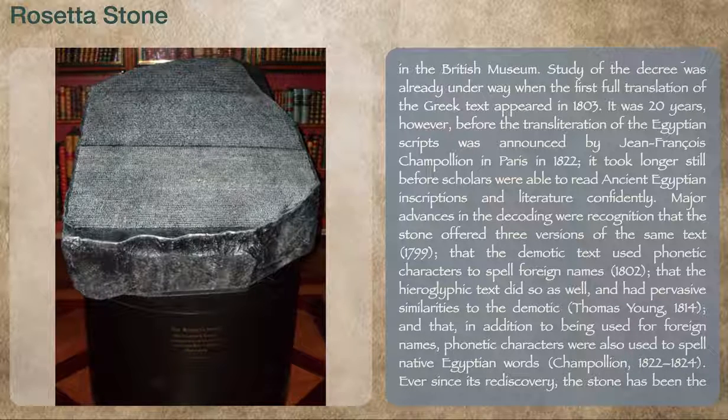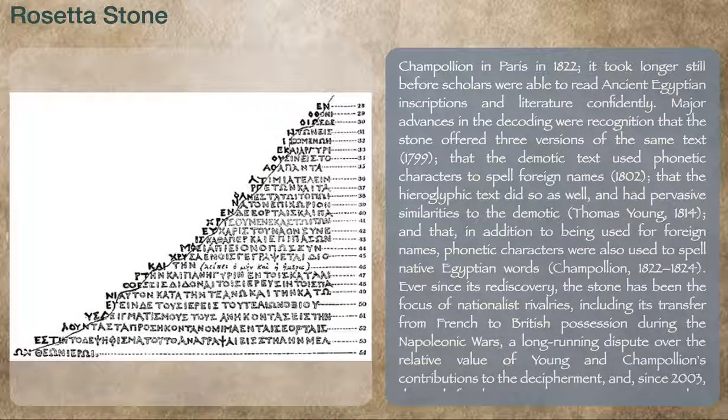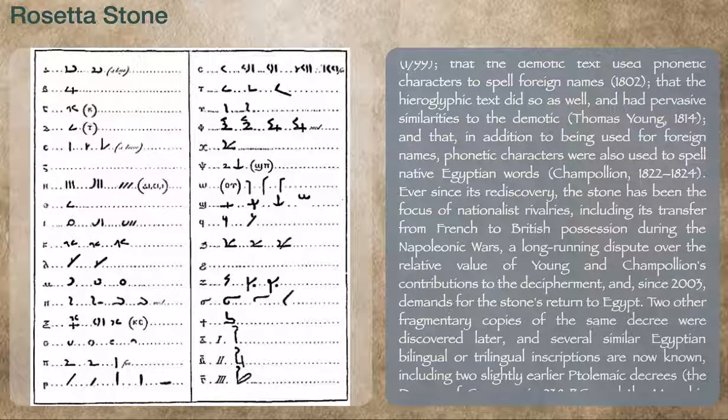Major advances in the decoding were recognition that the stone offered 3 versions of the same text, 1799, that the Demotic text used phonetic characters to spell foreign names, 1802, that the hieroglyphic text did so as well, and had pervasive similarities to the Demotic, Thomas Young, 1814, and that, in addition to being used for foreign names, phonetic characters were also used to spell native Egyptian words. Champollion,